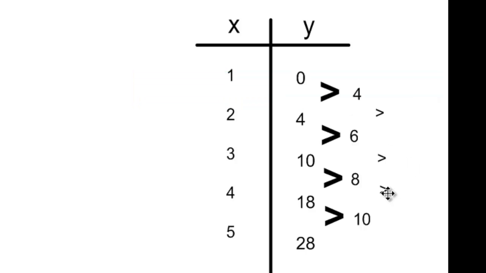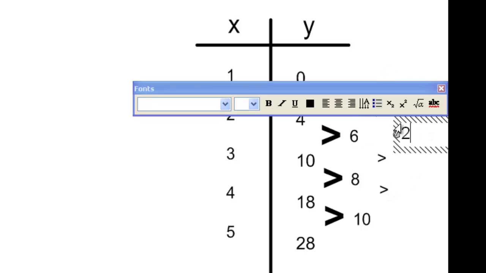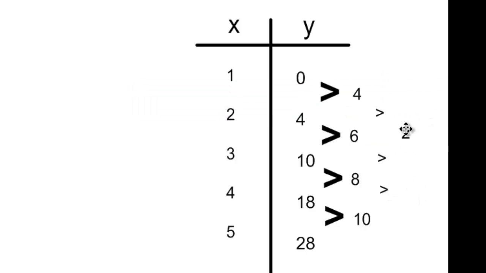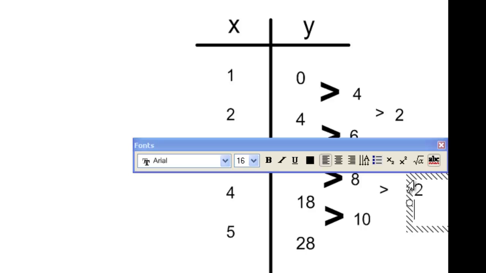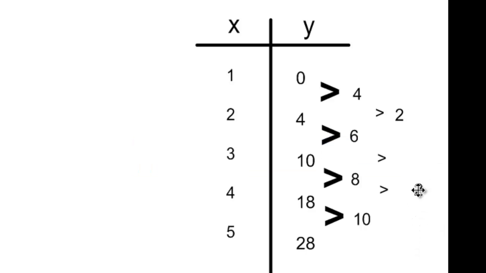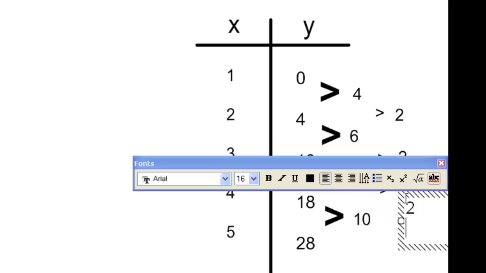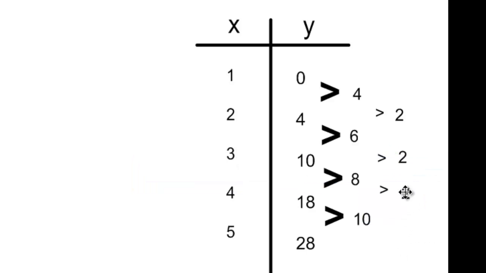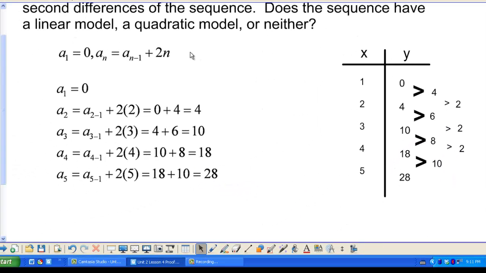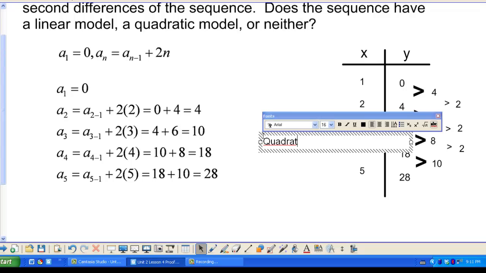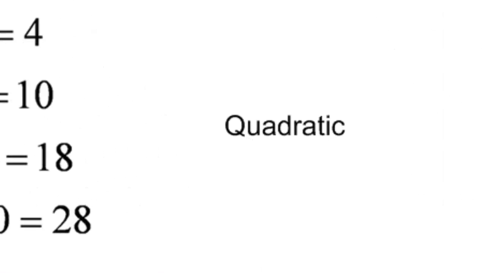You have to determine if 4, 6, 8, and 10 is arithmetic or geometric. Well, from 4 to 6 is 2, 6 to 8 is 2, 8 to 10 is 2. So I have an arithmetic sequence because there is a common difference. Therefore, when my second difference is arithmetic, this is indeed a quadratic. So without having something in ax squared plus bx plus c form, this recursive formula is a quadratic